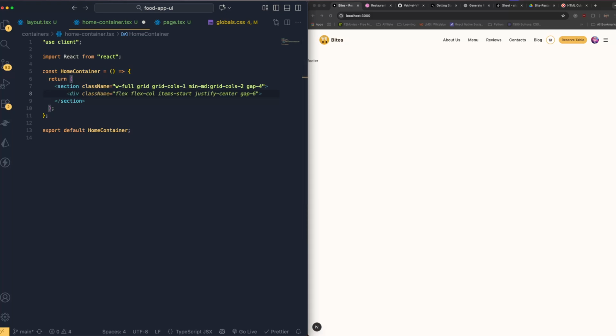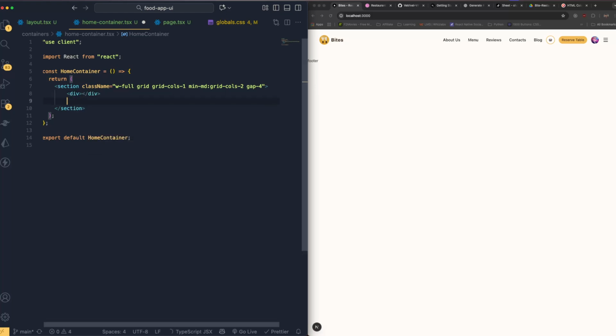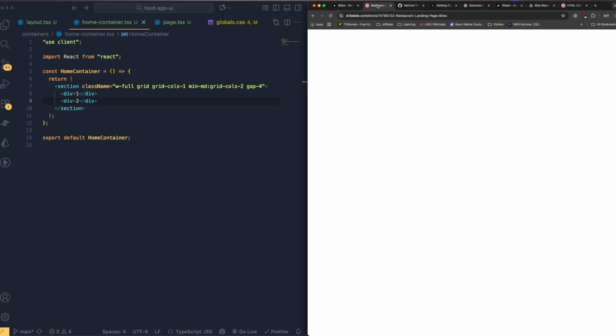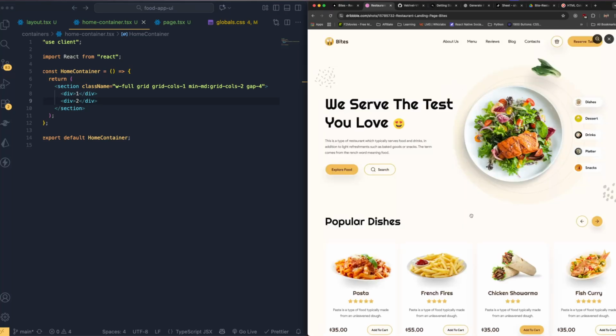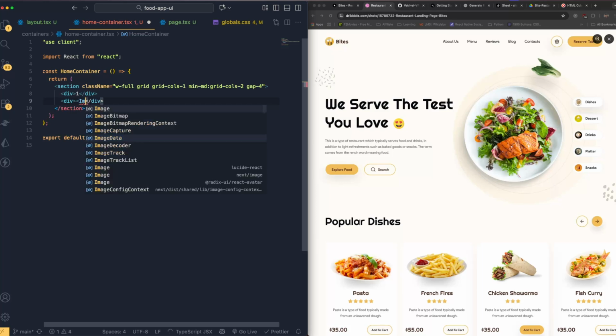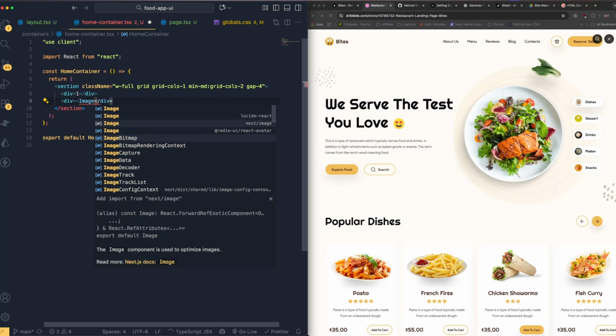So let's have division number 1 and division number 2. This is 1 and this is 2. Let's make sure the grid is working perfectly. That's how we want it, right? And in section number 2 we have this image, right? So let's make sure to bring that image first. So I'm going to bring the image, next image,